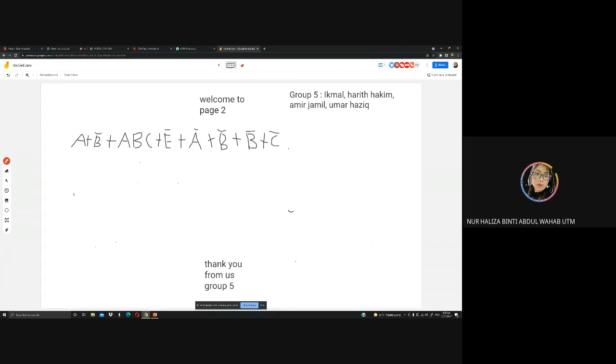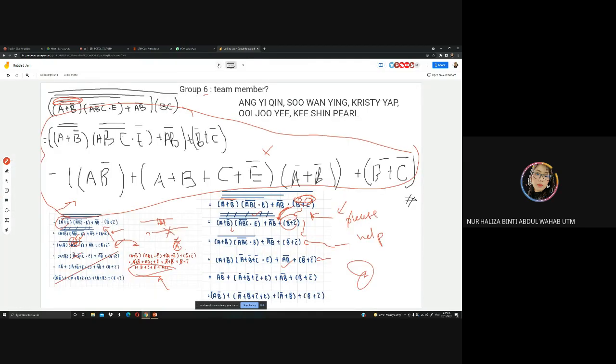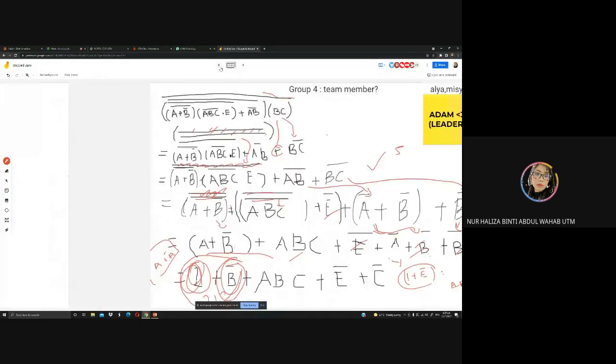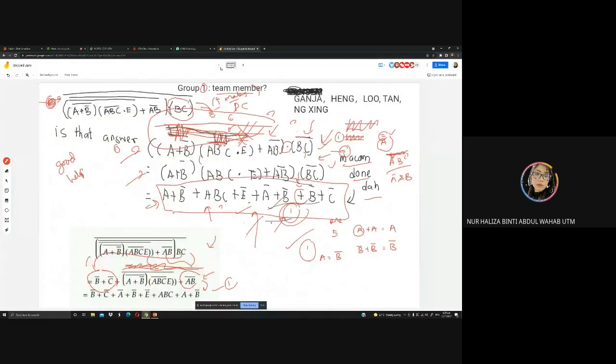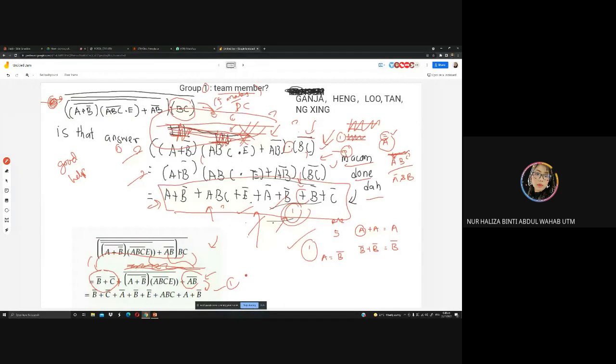Okay, then this one is, huh? Okay, A, B, C, E, A, this you can simplify, this one you can simplify. Okay, so you get 5 marks for De Morgan theorem. So 4 marks already. And for question group number 5 and group number 1, I think for group number 1,